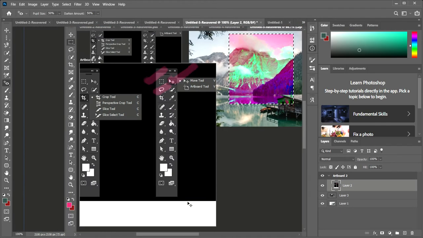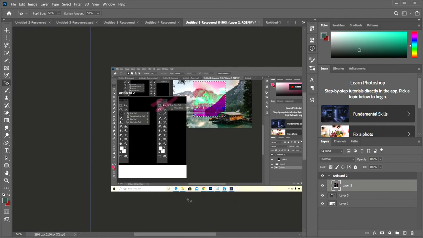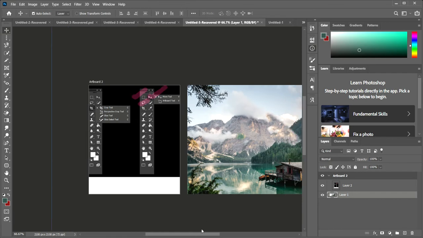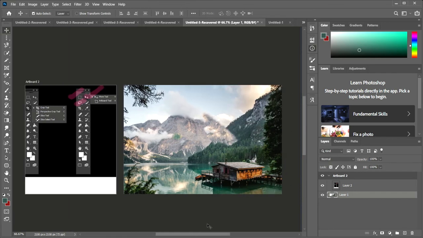Now next is the brush tool. We have the brush tool. In the brush tool you all automatically know what we use it for: to brush the paint.